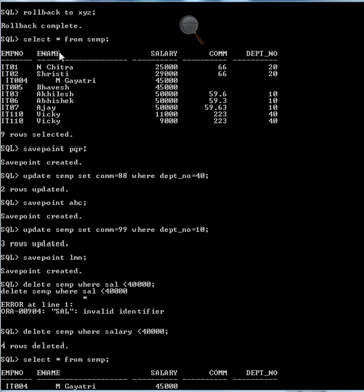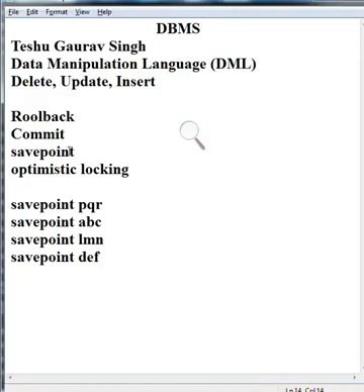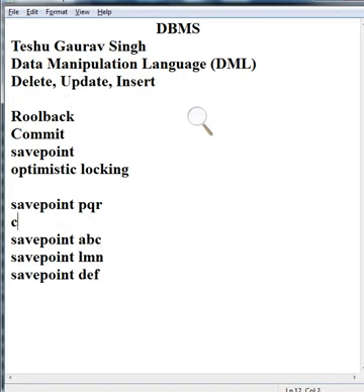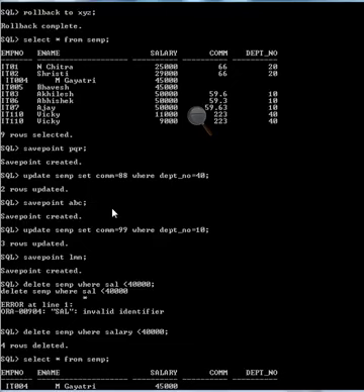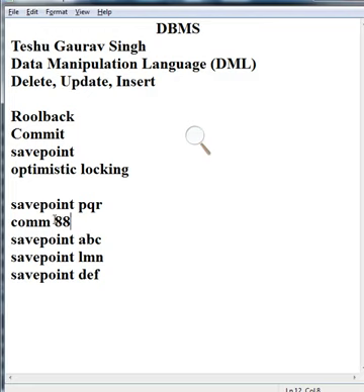Rollback complete. Okay, after rollback we have created PQR. Now after PQR we set commission equals to 88. Next, after ABC we set commission equals to 99.